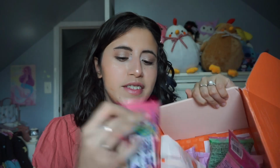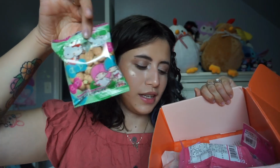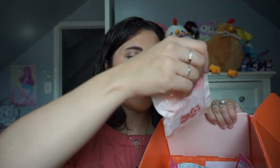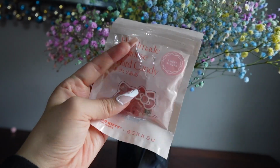So this snack box came kind of filled with a lot of stuff, so I still have a couple of the salt crackers left. I have these little cuties. I love the packaging. And then I have the Japanese hard candy. Actually, we can try this now,